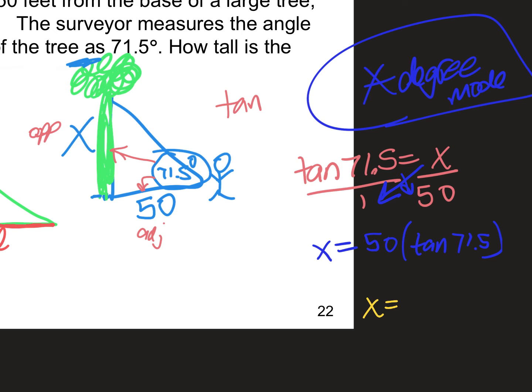Does it make sense that the tree would be 0.023 feet tall? No. If you get something like that in your calculator, you need to rethink. You need to relook at it and say, am I in the correct mode? Did I hit the correct button? Did I use the correct trig function? That sort of thing. But in your calculator, if you hit 50 times the tangent of 71.5, you get